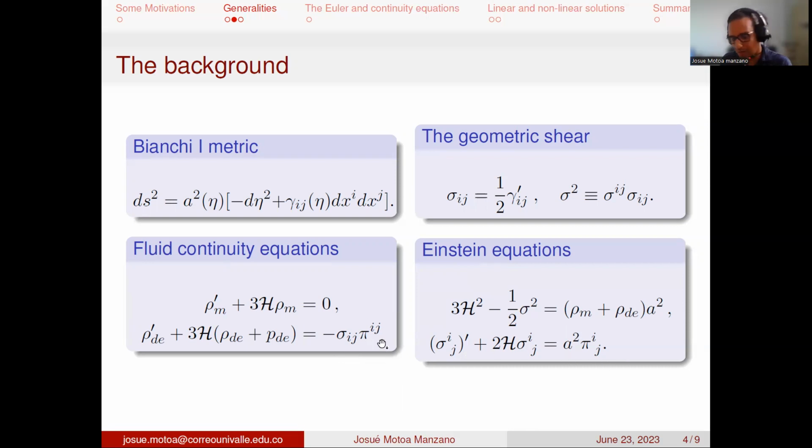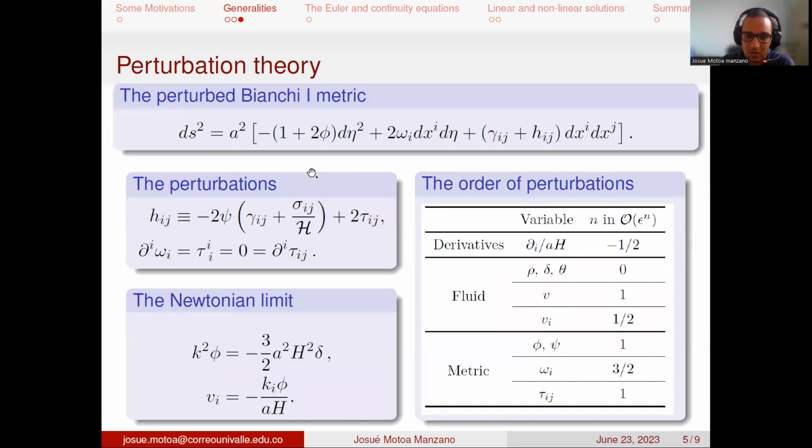With all this, these are part of the ingredients. This is the background construction, and then for perturbations, on top of that, we compute. We perturb the metric. Here we have the usual perturbations, but then in the Bianchi I case, we need to define the spatial perturbations like this. Okay, we use the Newtonian gauge to fix the gauge, and then in the Newtonian limit we can see here that